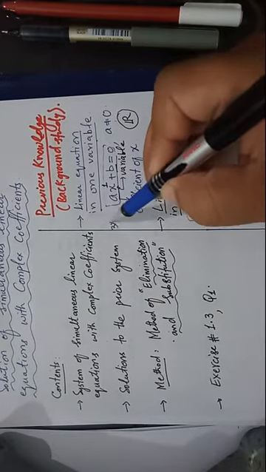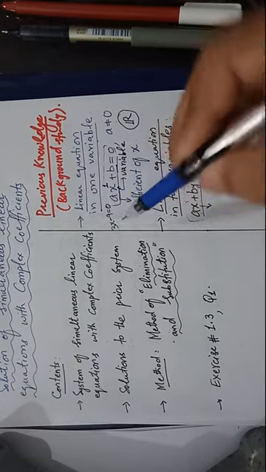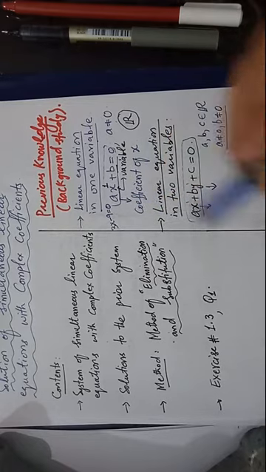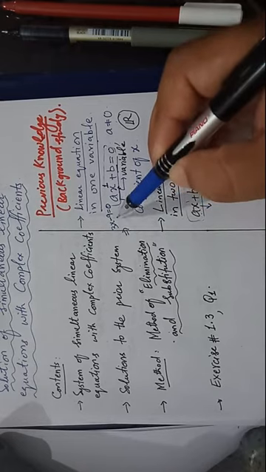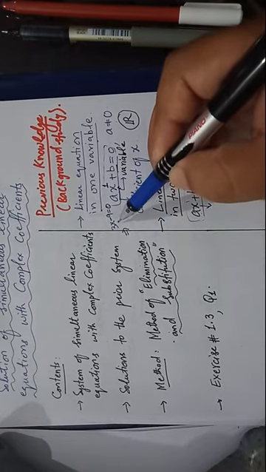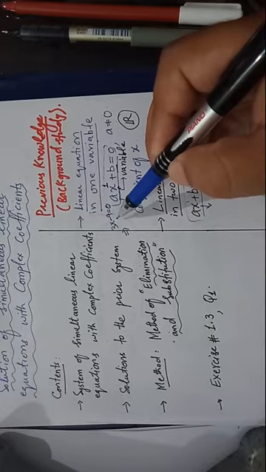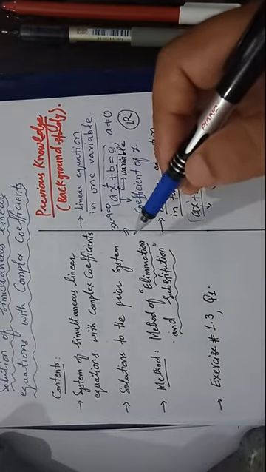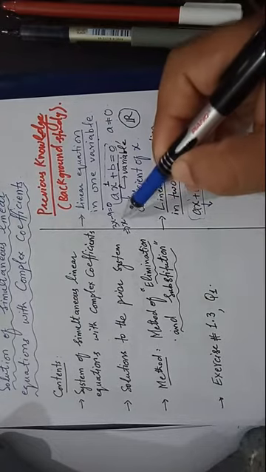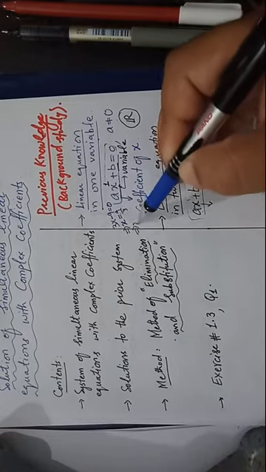Let's say 3x minus 9 equals 0. The value of a is 3 and the value of b is minus 9. So you know that this is a single equation and there is a single unknown. The number of equations is 1, and the number of variables is 1. When the number of equations and the number of variables are equal, then you can get the unique solution very easily. In that case, x will be equal to 9 divided by 3, or you can write x is equal to 3.